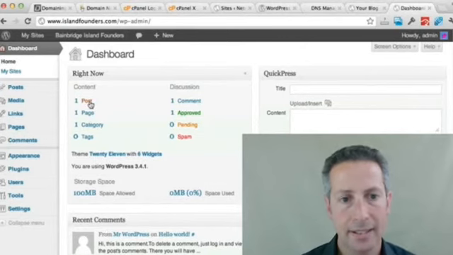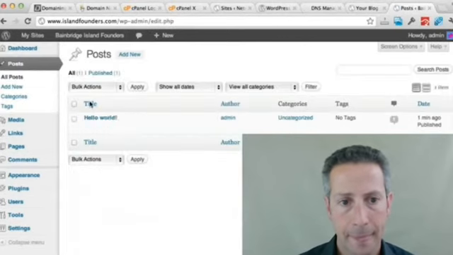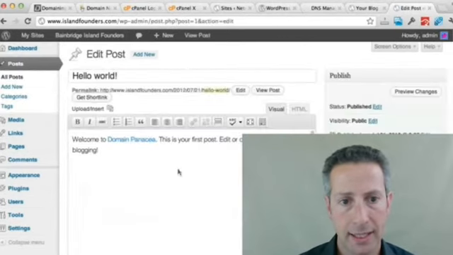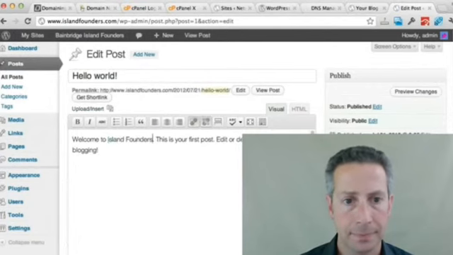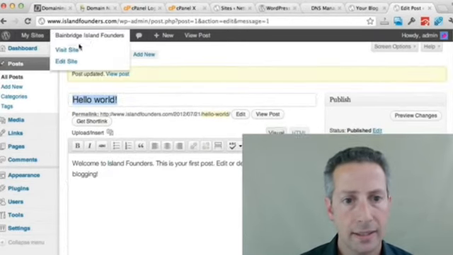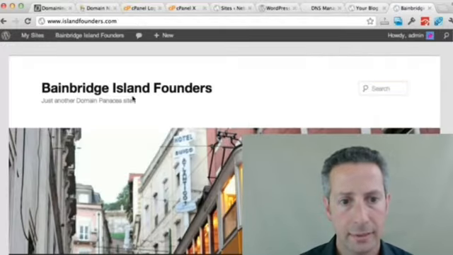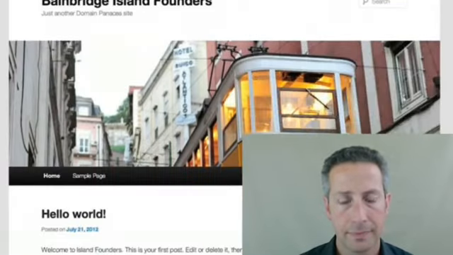And I can edit the post that's there. And I can change it to say, instead of Domain Panacea, which is the standard name, Island Founders. Update it. Go to the live site. And you can see that the changes I make are live. Next time, we will look at different ways to build content websites, how to search engine